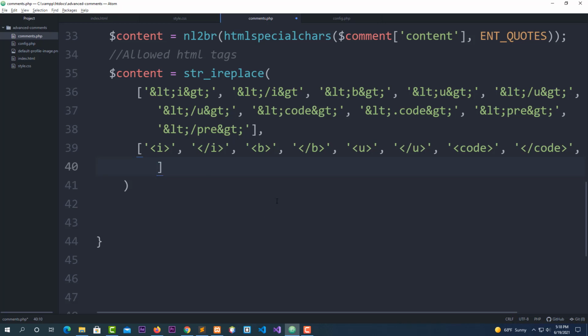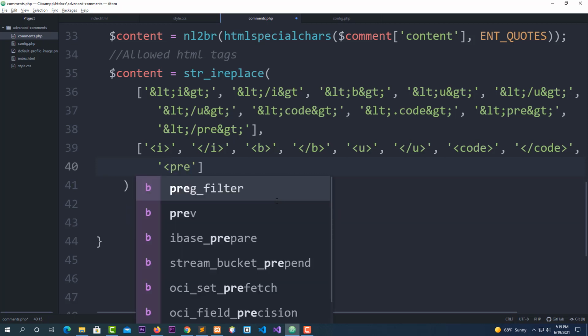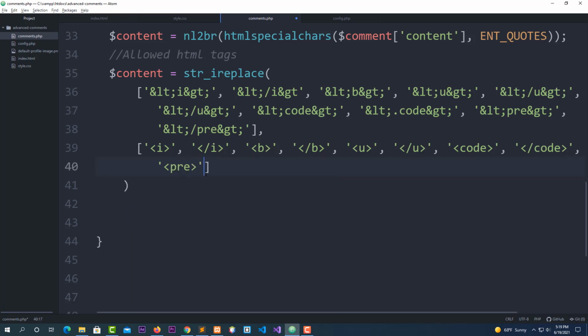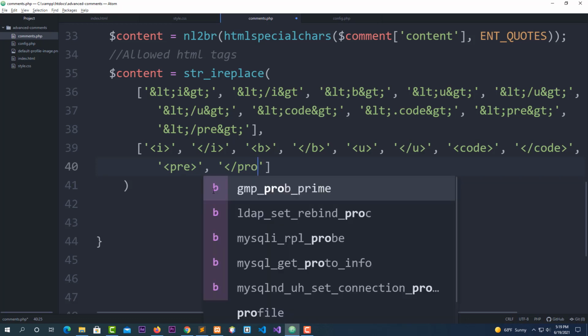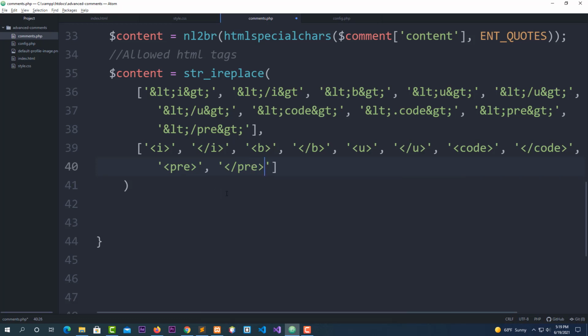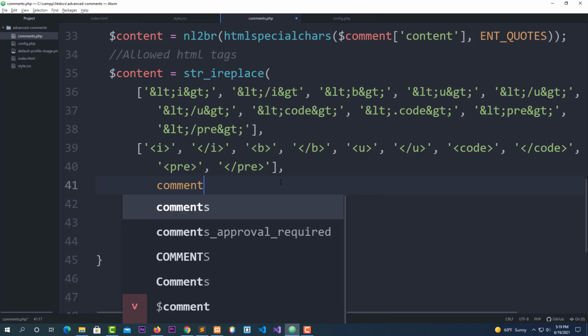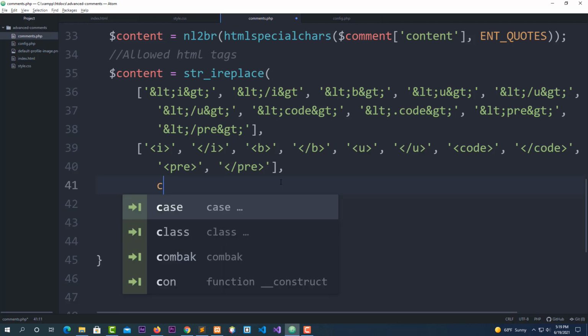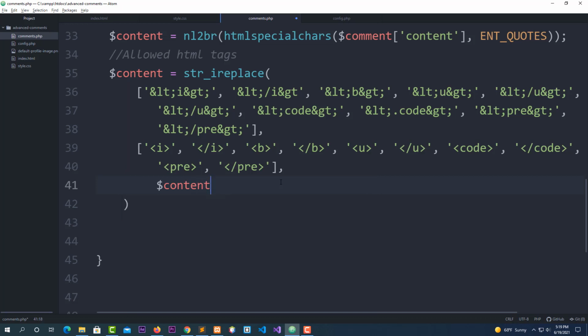Now, put a single quote. I want you to put a pre like this. Close it and put a comma here, comma space, and single quote. This is the closing pre. Okay. Close it here, and I want you to put a comma after the closing here and go to the next line, and now put content, not comment, $ sign content for me like this, and